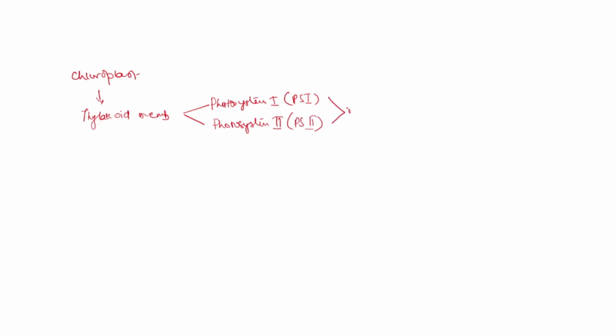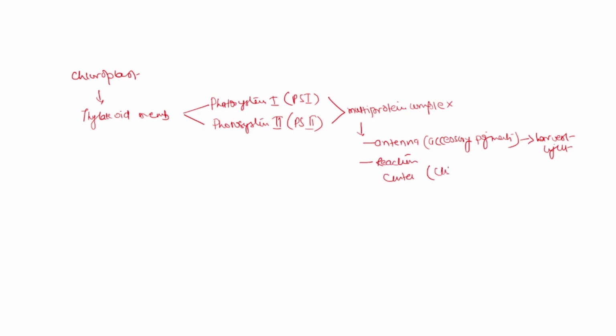These two are multi-protein complexes, and each multi-protein complex consists of an antenna, that is pigments, which harvest the light, and second, the reaction center, that is chlorophyll A, which initiates electron transfer. So these two photosystems drive light dependent reactions of photosynthesis,